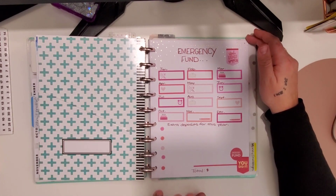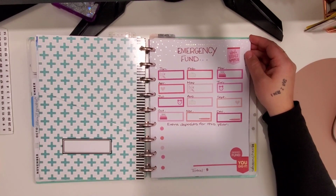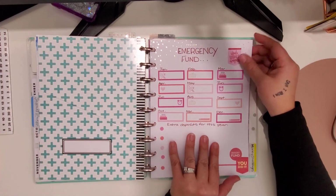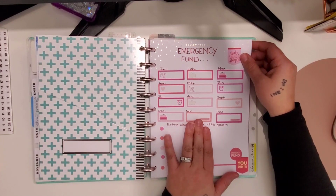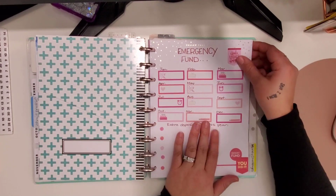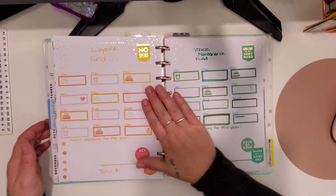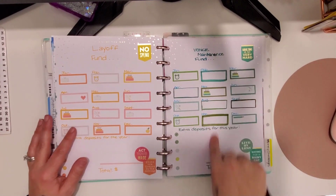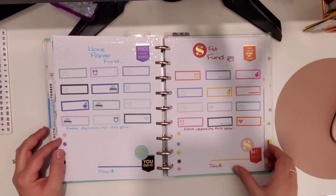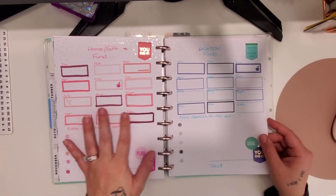Also, if there's an opportunity for a bonus or something that we get that we can put into our funds, I would put it down here as well. But once a month, definitely, once everything is paid, we're going to be going in and putting as much or as little as we can. Like I said, the first few months of the year are pretty tight for us, so it probably won't be bigger amounts, but anything is better than nothing. So we've got our emergency fund, our layoff fund, vehicle maintenance fund, a home repair fund, a pet fund,